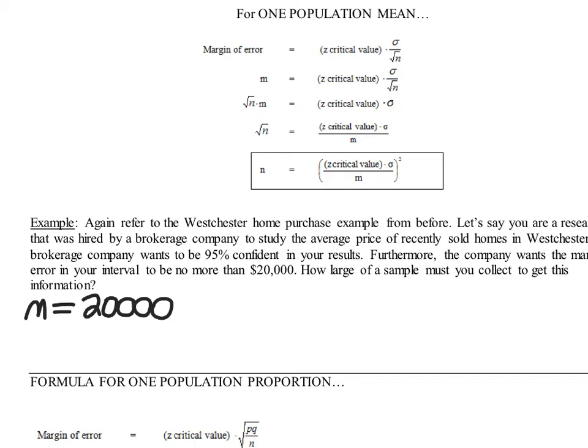The confidence level is 95%, which means the alpha value is 0.025. Well, it's going to be 0.05, but when you cut it in half, that's where you get the 0.025. Let's just cut it in half now. All right, so you could run the formula in the way that it's presented in the box here, but